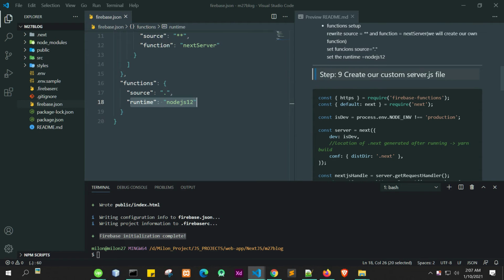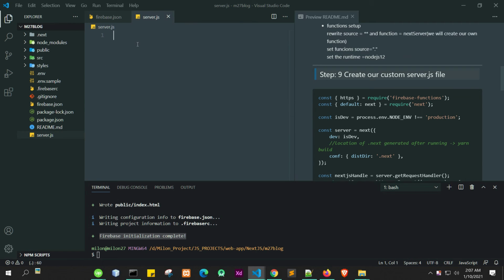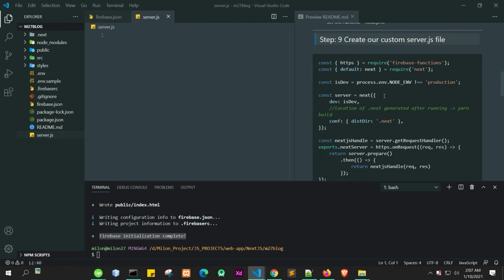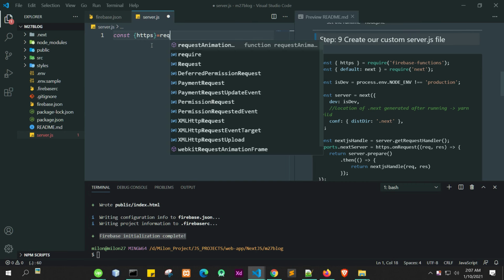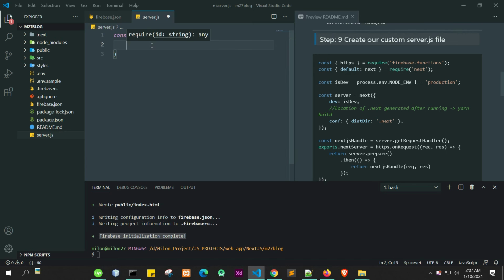So now we will create our custom server.js file. For that, go to your root directory and create server.js, and here we need to import const https from require firebase-functions.